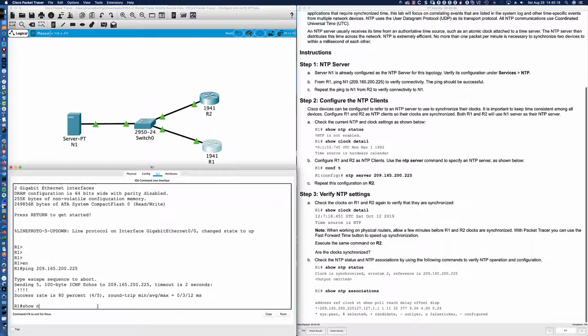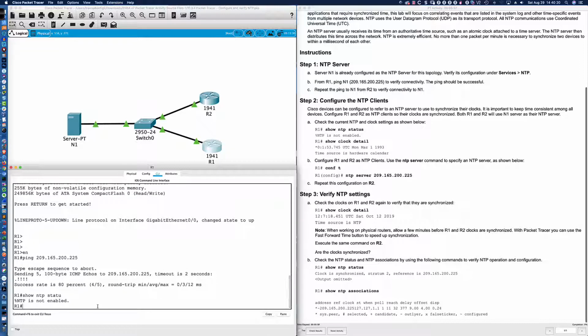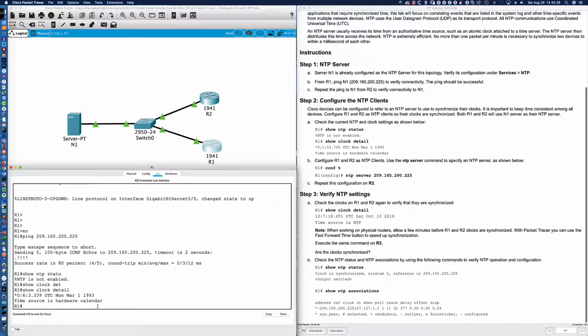So now let me say show ntp status, right? So you can see NTP is not enabled. We haven't configured anything yet. Show clock detail. Now, this is important because learners will become confused when they hear the term system calendar